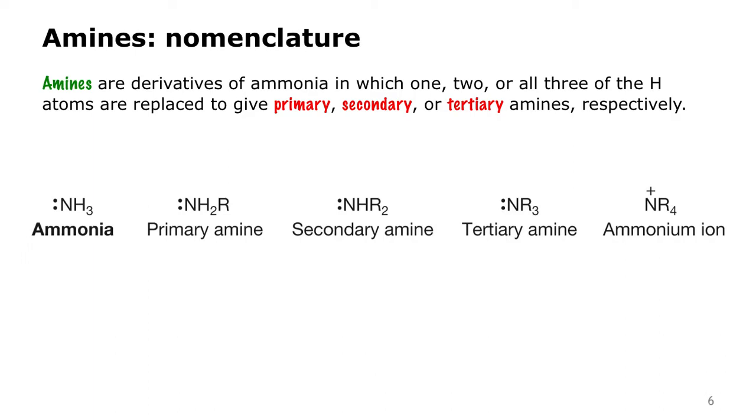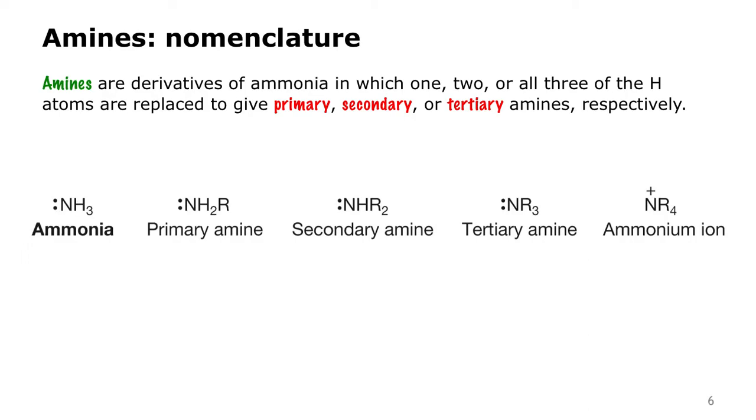So while alcohols are organic derivatives of water, you can think of amines as being organic derivatives of ammonia. And they are derivatives where 1, 2, or all 3 of the hydrogens of ammonia are replaced. So here for reference is ammonia, NH3. And these are also given primary, secondary, and tertiary classifications, but it's used differently than we did previously with the